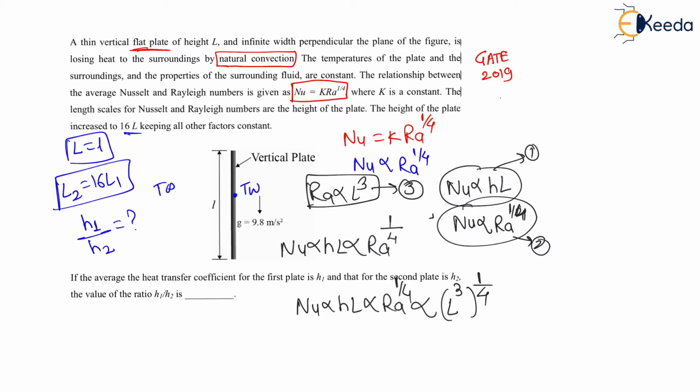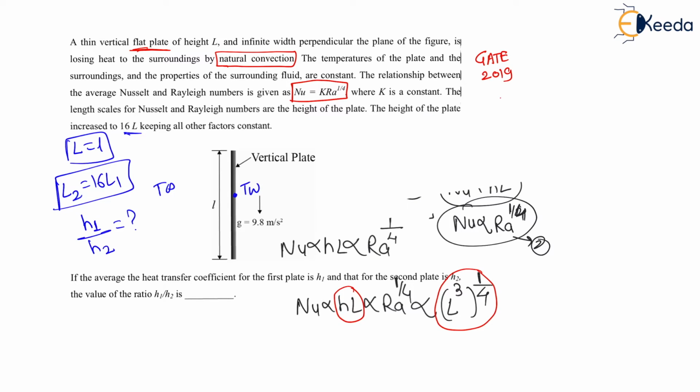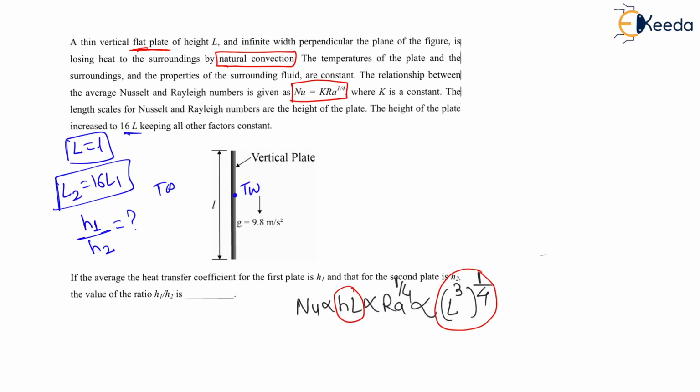Therefore, my dear students, here H is required and L is given. So let us equate these two terms, right? So in this final relationship, we have to consider the HL term only, right? So my dear students, what will be the result now? Let us find the result now. Now everything is known here, right? Now let us equate them. Therefore, I can say here this HL is directly proportional to L power 3 by 4.